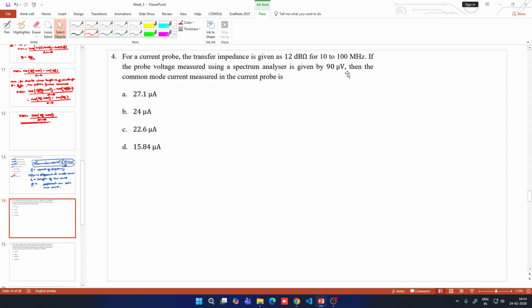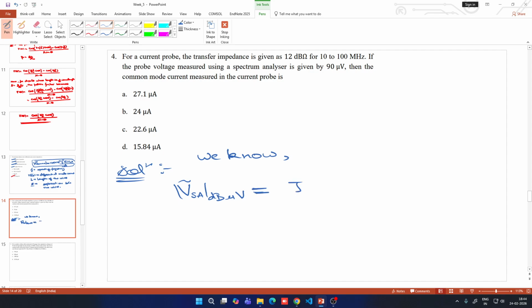So now in the problem we have to find out the current measured in the current probe, because we are given the transfer impedance and the voltage measured using the spectrum analyzer. We have to find out the common mode current. For this, one formula has been discussed by the professor, and we know the formula already. The voltage reading by the spectrum analyzer, if we denote it in dB microvolt,